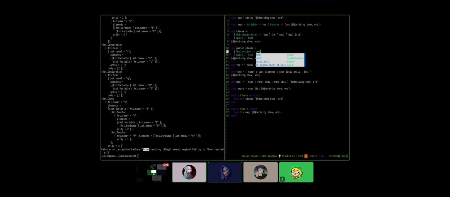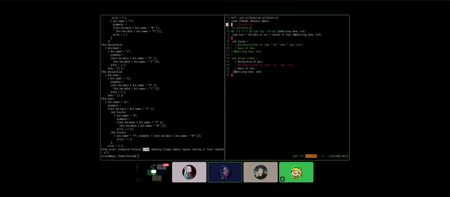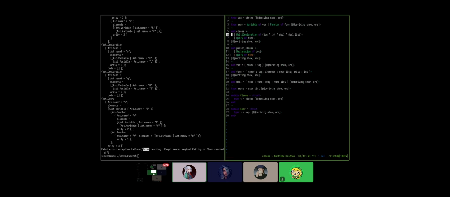Yeah, that's understandable. My problem is that the multi-declaration thing there gives me anxiety. Technically, if we have a guarantee that we're going to have at least one declaration by doing this, I don't think we need this, to be honest. There is something in Haskell called the non-empty list type.